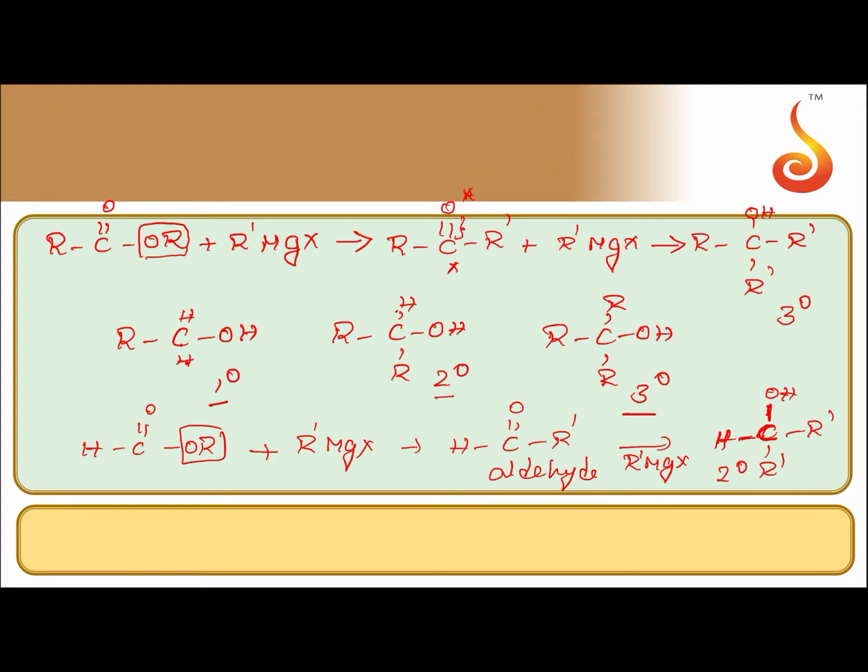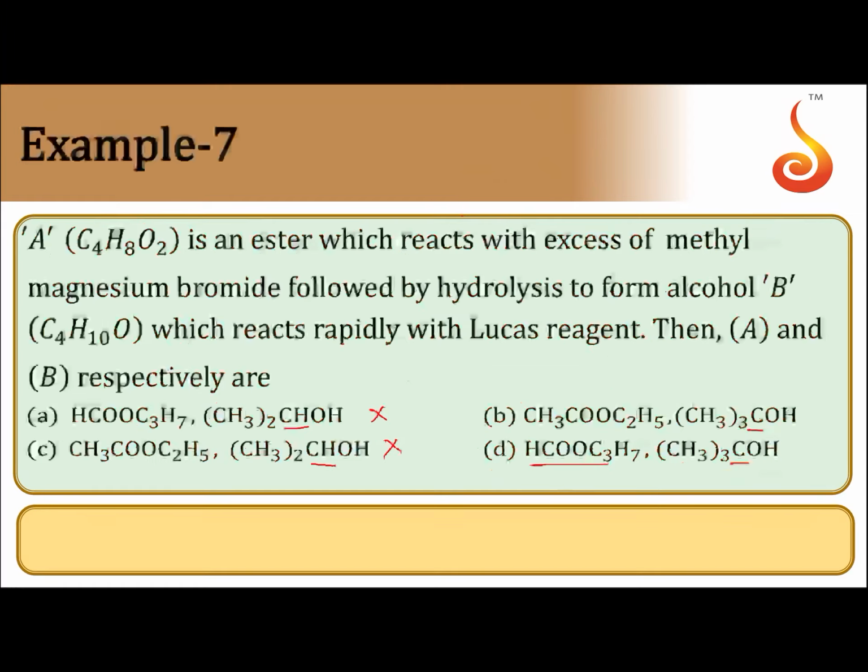But the starting compound which we are taking is an ester. If that ester is a formic ester, it reacts with 1 mole of Grignard reagent to form aldehyde. Aldehyde reacts with Grignard reagent to form secondary alcohol. But here what we have to get? Tertiary alcohol we have to get. So option D is also ruled out because the ester given here is a formic ester. So your answer is option B. Option B is your answer because our ester is not formic ester and the alcohol formed is a tertiary alcohol. So your answer should be option